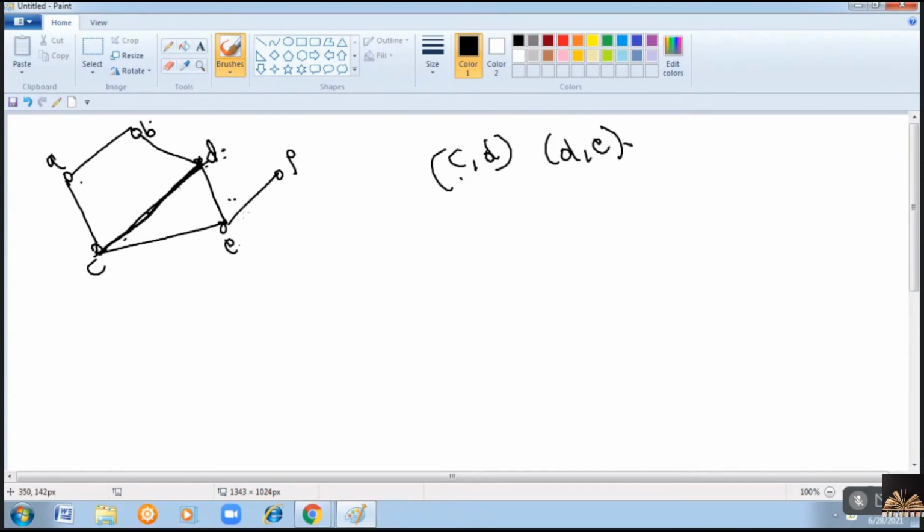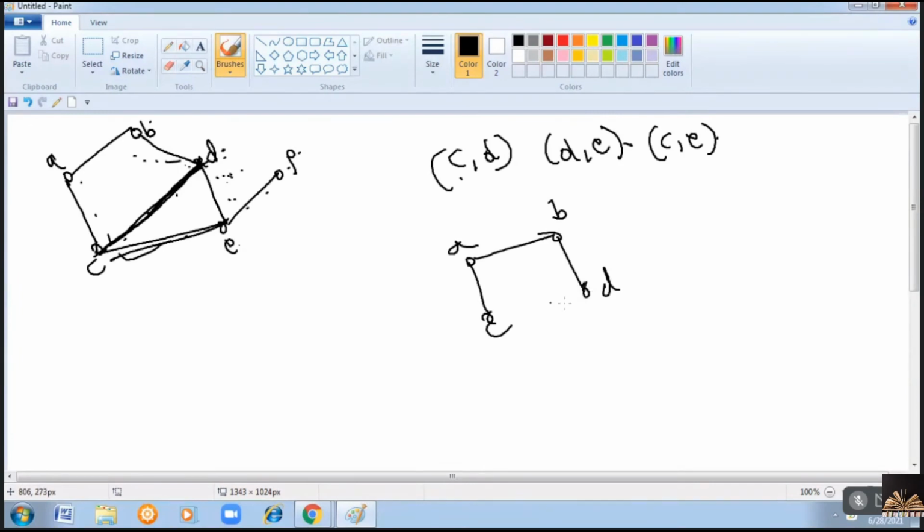So when you remove D comma E and C comma D, what will happen is you will again get a connected component. That means you have to remove one more edge. Let me remove C comma E. That means I'm just trying the edges which are near to this CD, right? So when you remove these three, you will get a graph like this. A, B, C, D. And in the second component, I am removing CE and DE, so you will get E.